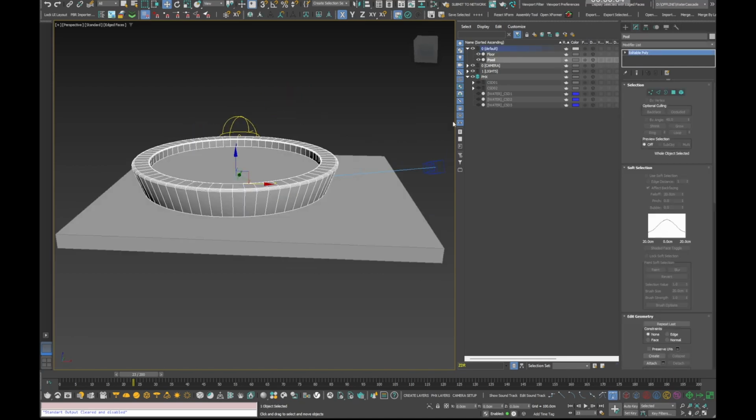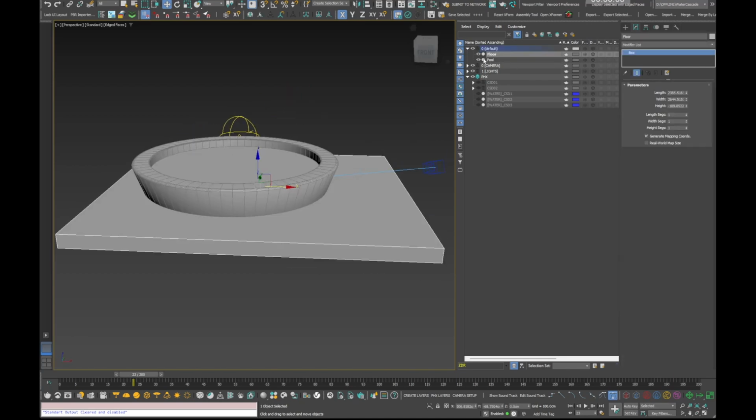Here is a scene where I have two simple geometry objects, one for the fountain bowl and a simple box for the floor. I used a box, not a plane, because whenever you have objects interacting with Phoenix simulations, they need to be solid objects with no open edges. There's also a single dome light and a camera, but let's hide these two for now so they don't get